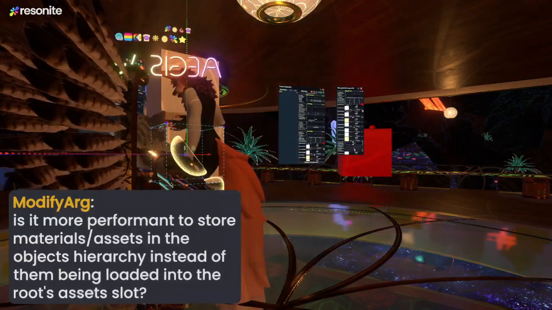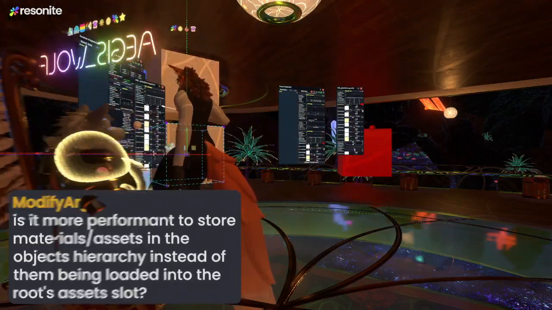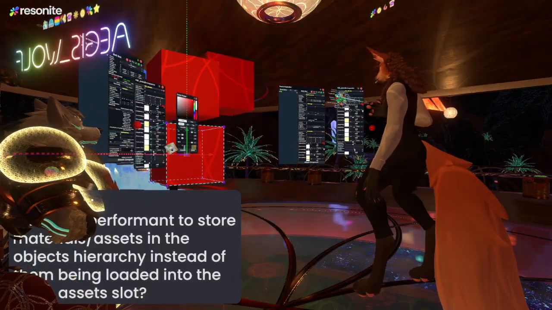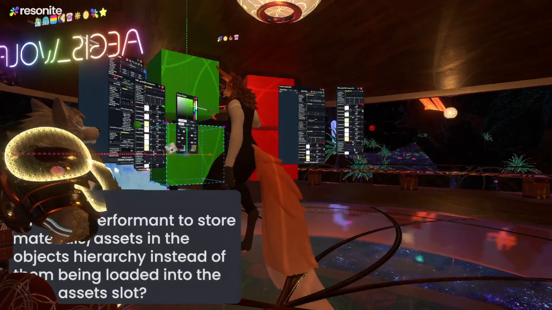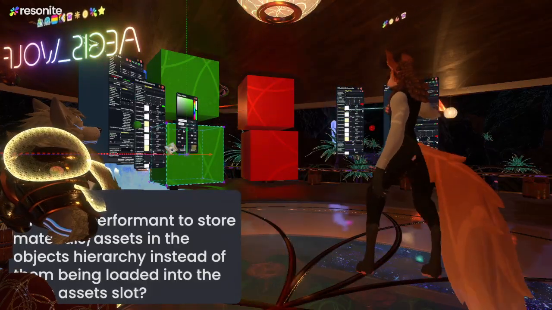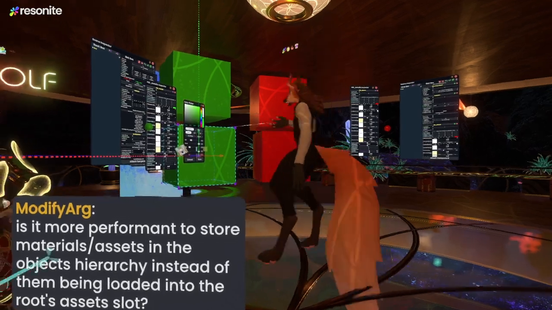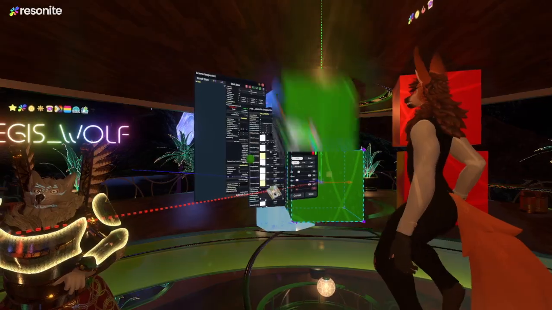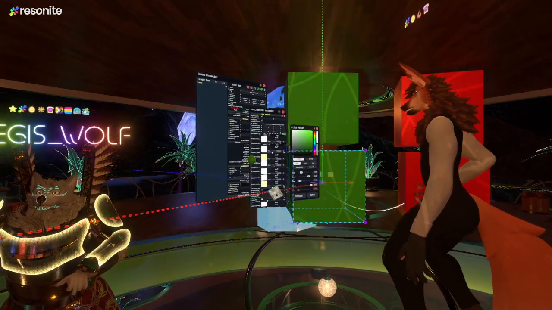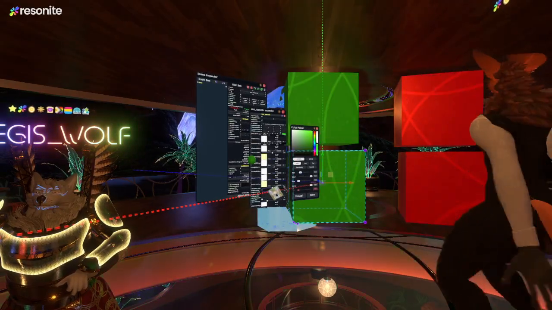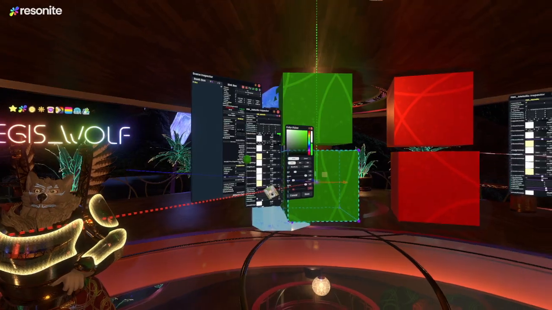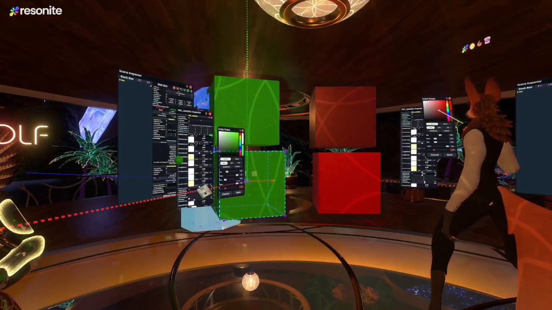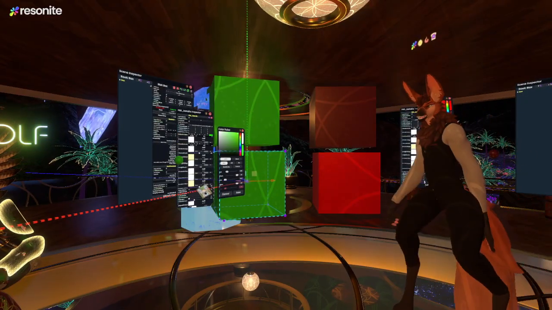We'll do a test of it over here as well. You want to see? We got this here. I switch that to red, and then actually I'll make this green just so it's different. Okay, so since these are using material that's in the assets folder and it's basically shared between all of them, if you duplicate this object, as I've done here, you change the material, it shares it. Over here, the material's on the object itself. So if I change this one, only one of them changes. So sometimes it's something you want, sometimes it's not.